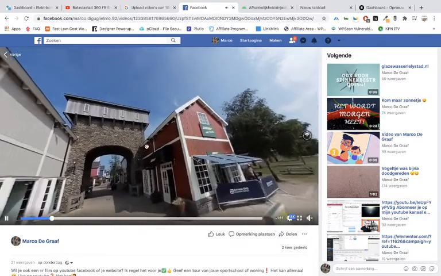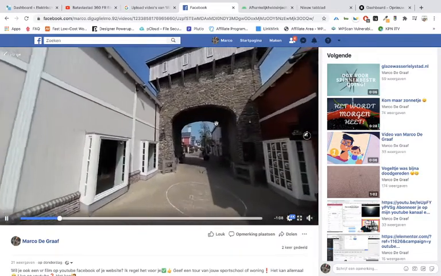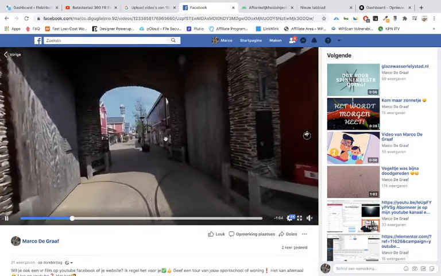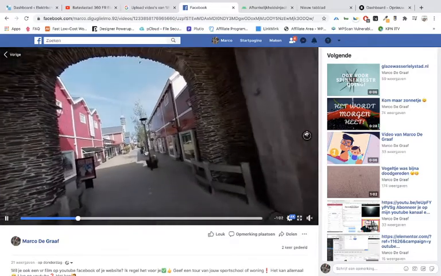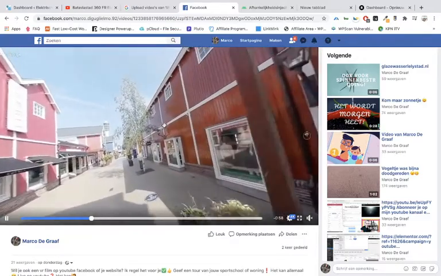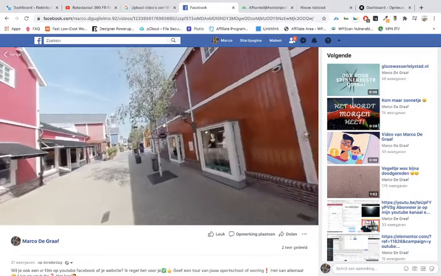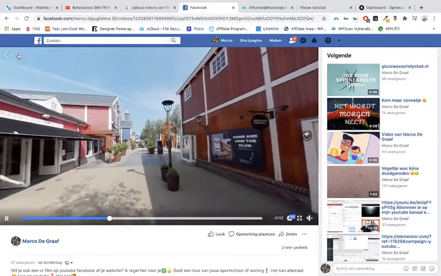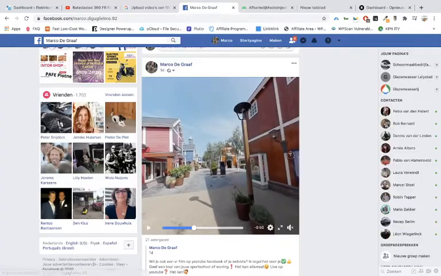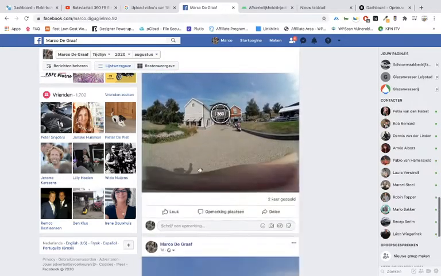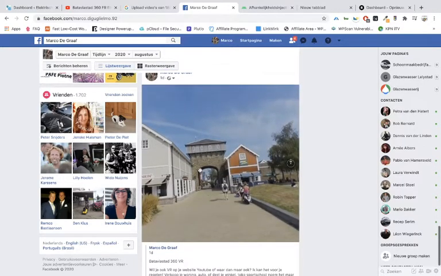It's in my town, and these are shops, clothing shops. As you can see, you can put it also on Facebook. I'm sorry, but you can also put them on YouTube, and with particular cameras, 360 cameras, you can also go